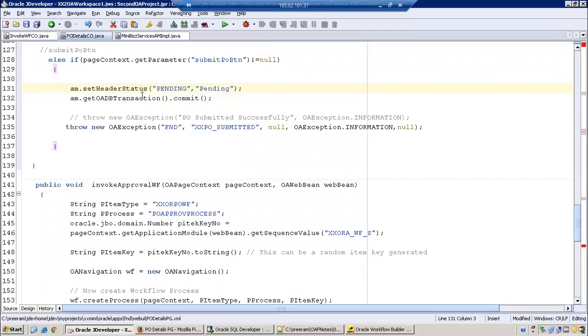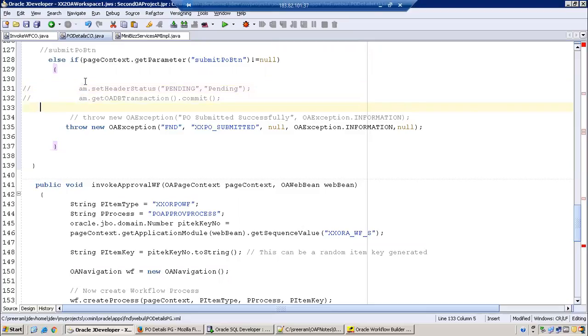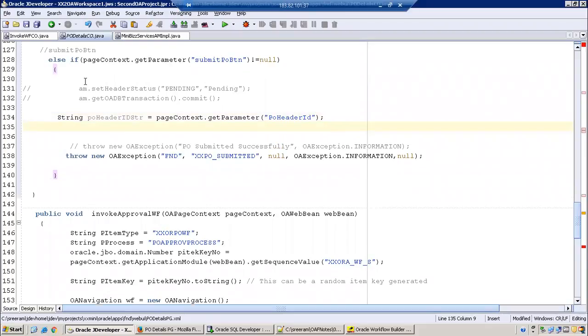So I can simply comment this one. String PO header ID str is equal to page context dot get parameter of this one. So from the message text input component, we can get the value directly using page context dot get parameter logic.